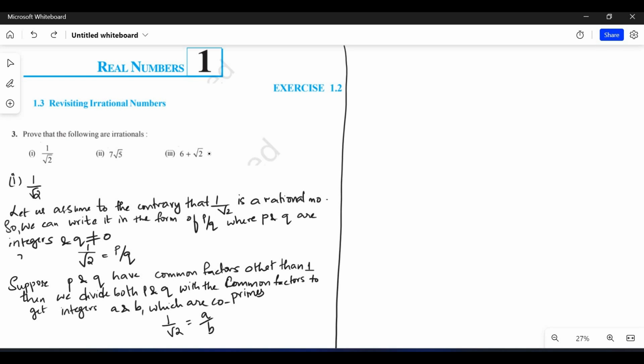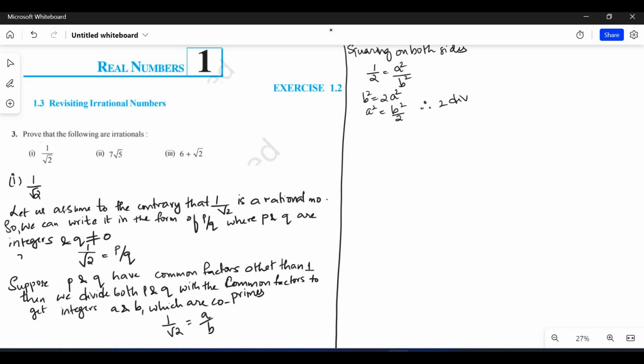Suppose P and Q have common factors other than 1, then we divide both P and Q by the common factors to get the integers A and B such that they are co-primes. So we can write 1 by root 2 is equal to A by B. So squaring on both sides we get 1 by 2 is equal to A square by B square, and rearranging we get B square is equal to 2A square, and A square again by rearranging we get A square is equal to B square by 2, which means